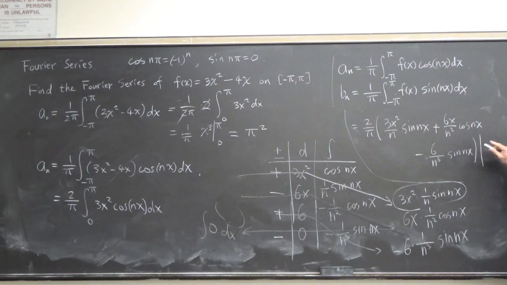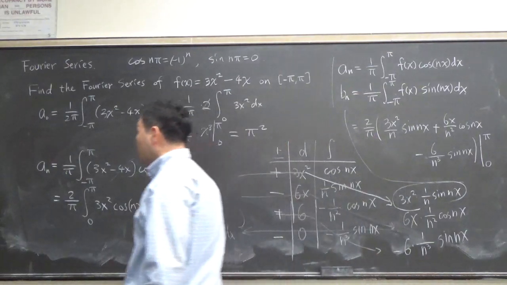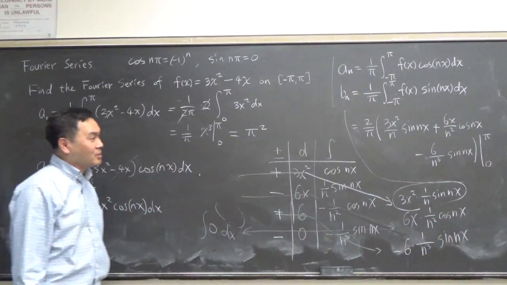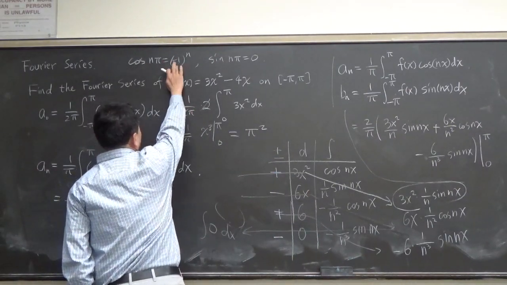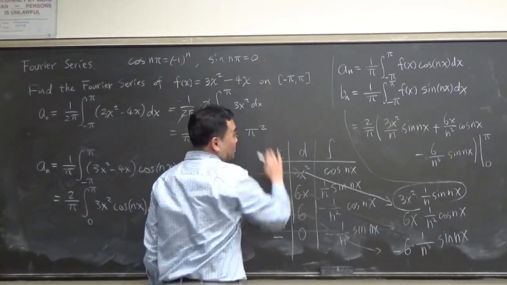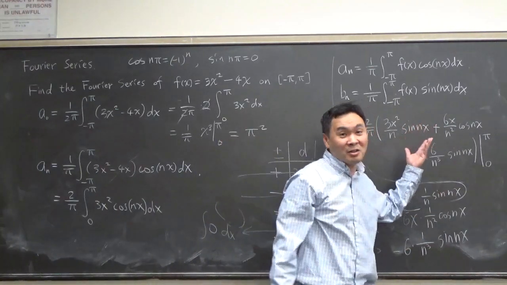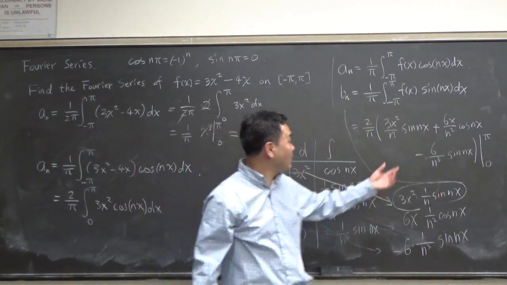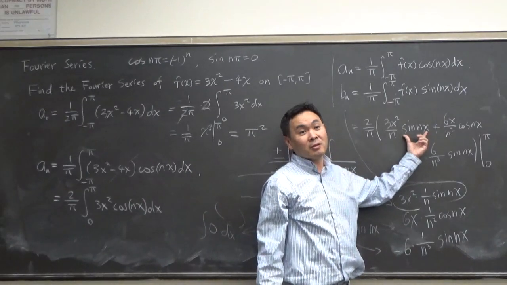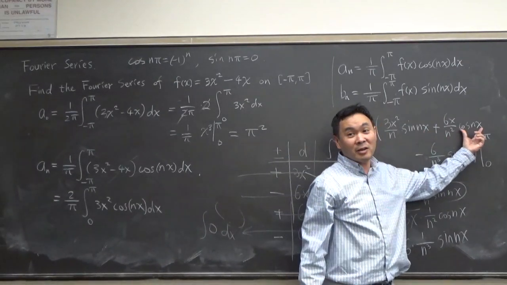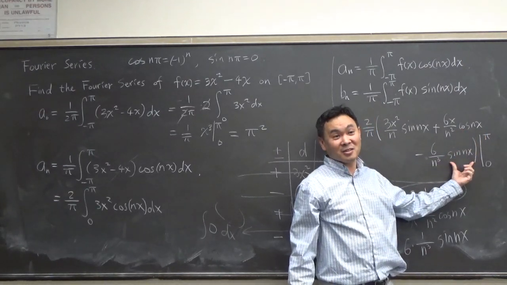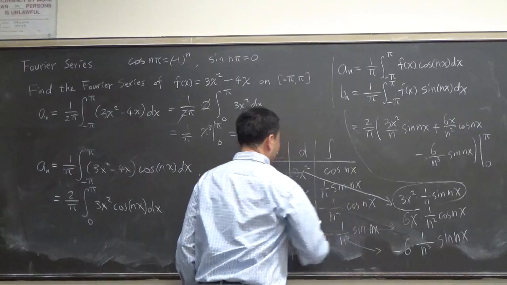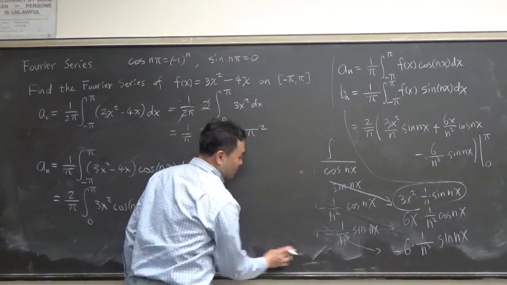When you plug in pi and then 0. Okay? Now that looks horrible, but it's not that hard if you know that cosine n pi is negative 1 to the nth power and sine n pi is 0. Because if you plug in pi, that's all you're going to get, right? When you plug in pi, what's sine n pi? 0. What's cosine n pi? Negative 1 to the nth power, right? What's sine n pi? 0. So, although it looked horrible,